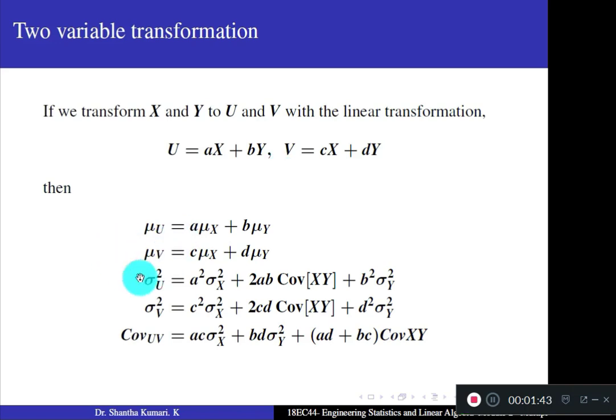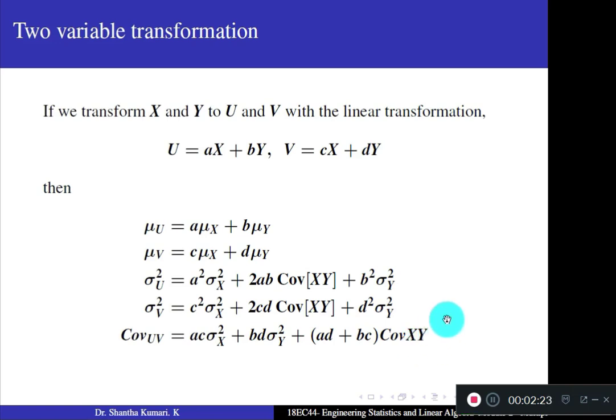Expectation of u and expectation of v are available here. But you need to find expectation of u into v. I am not showing that step here. This result is proved in detail in your lecture notes. Just go through it step by step. You have to understand it, you can try it. Expectation of u into v is given by expectation of (ax plus by) into (cx plus dy). Then you have to expand this term by term and simplify. In that case, you get this formula finally: expectation of uv minus expectation of u into expectation of v. Finally, it reduces to this formula.